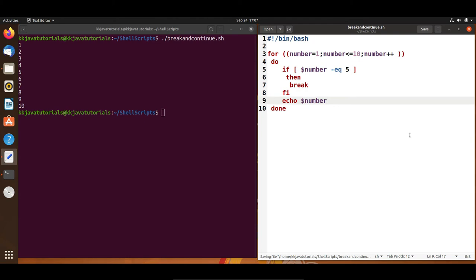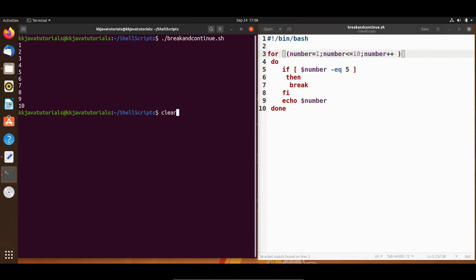Very simple. If number is 5, then I would like to come out of the loop, else I would like to print. So this will print numbers from 1 to 4, and whenever number becomes 5, control will come out of the loop. That's how break works. Let me show you. If I run it, you can see numbers 1 to 4 have been printed.